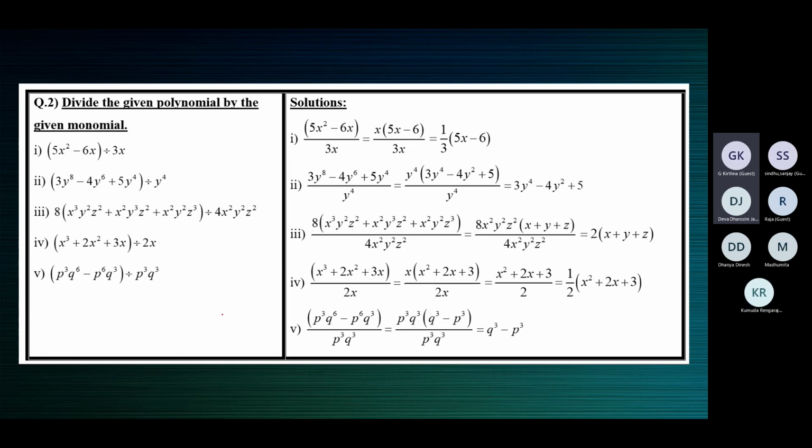Like you can cancel x square and x square. You can cancel z square and z square. You can cancel y square and y square because it's all multiplication. The sign between them is not plus or minus. Then you can cancel 4 ones or 4 twos. That's what you see here, 2, and what you have in the bracket, x plus y plus z. So 2 of x plus y plus z.